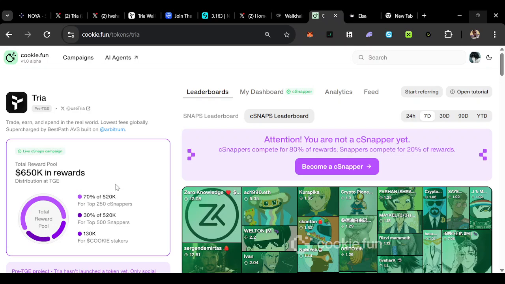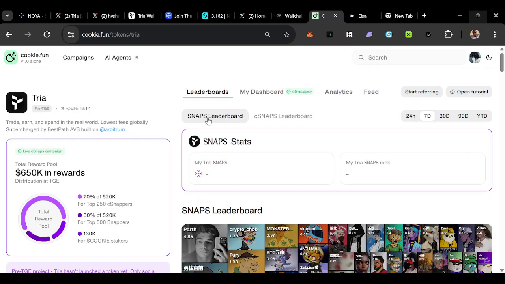Alright, so now when you open this up, you're going to see that 70% of these $650,000 in rewards is meant for cSnappers, and the cSnappers they're going to be sharing it with is the top 250. Then the remaining 30% is for the top 500 snappers. Now I must tell you, being a top snapper can be very difficult. So now let's go to